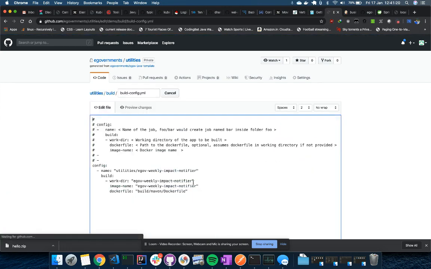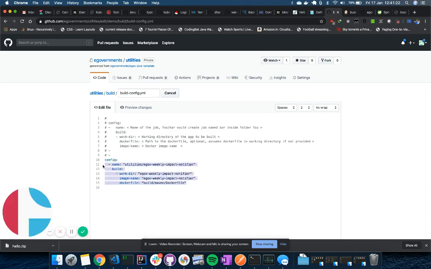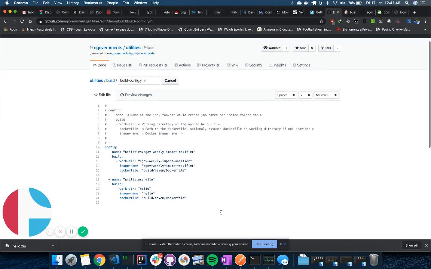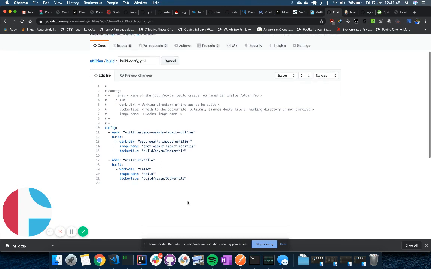So you wouldn't actually be able to edit this. You would be able to, but you would be raising a PR. But then I will just edit it up. So this is what name you want to be seen on Jenkins. This is the working directory you want, and then this would be the image name. Not a very nice image name, but I think this will be good for me.